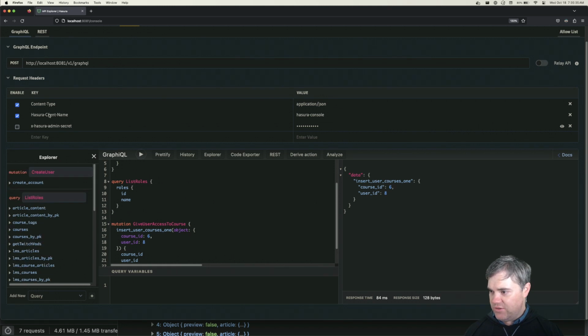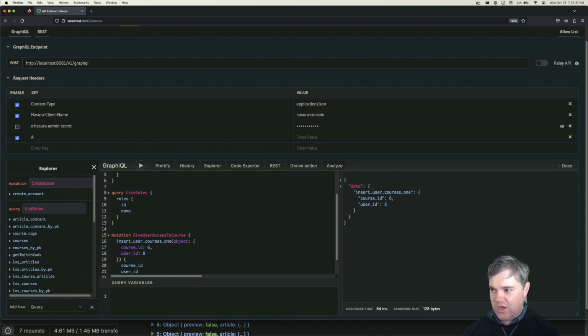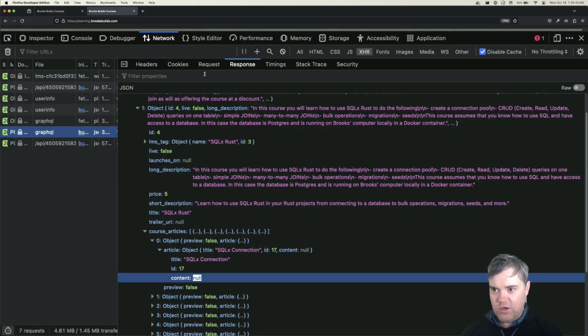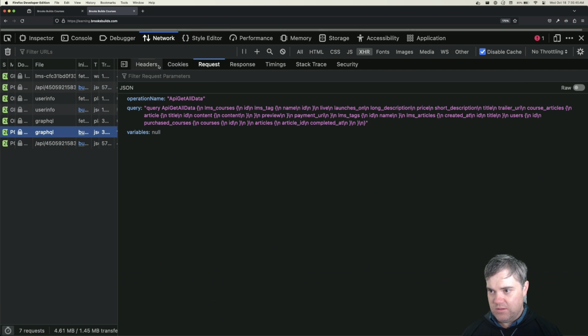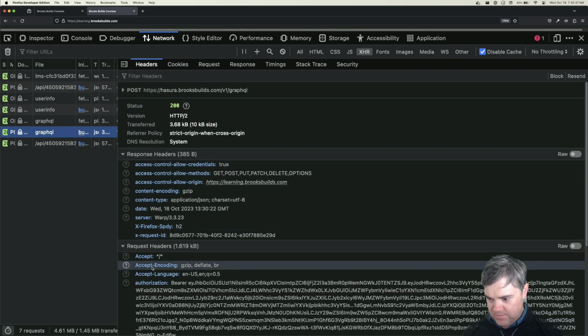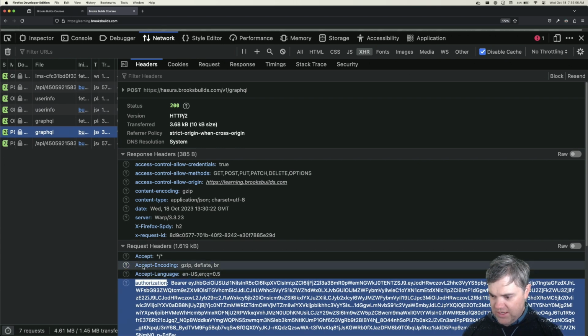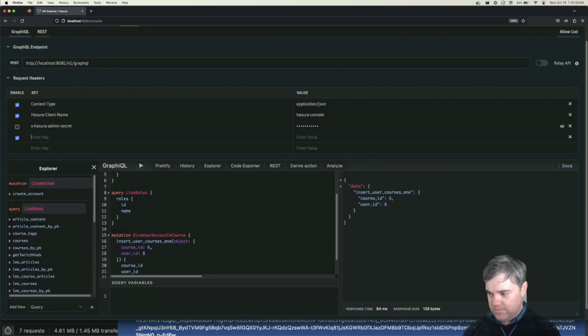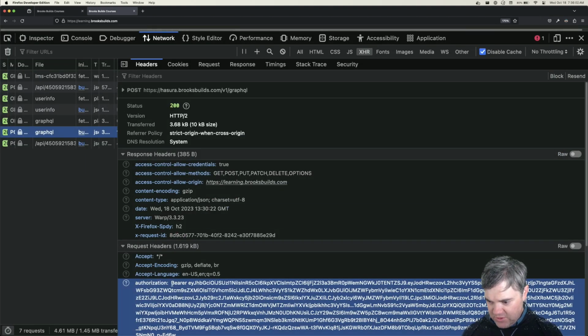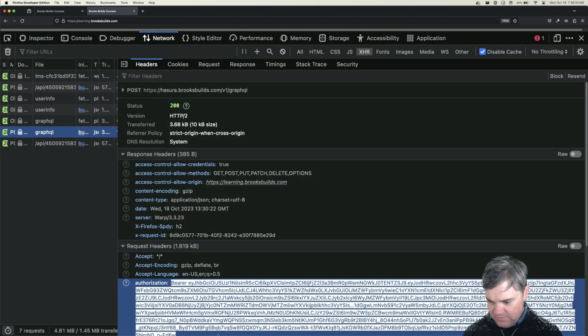So if I do authorization, oh wait, it's like X, what is it called? Oh, I'm using authorization. Okay, so if I use authorization and I just throw this straight in here,